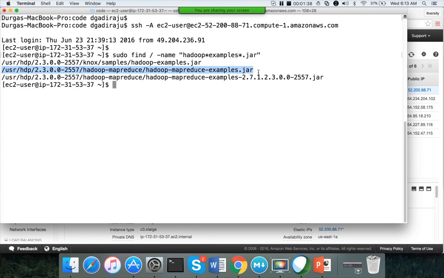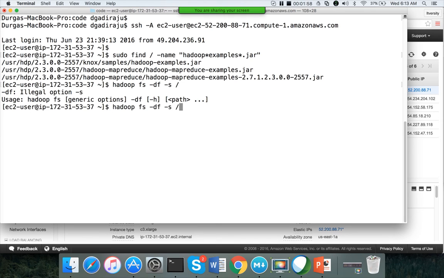So here, let me see the capacity before running the command, df -s. So df is the command which will give us the free space on the cluster. So it has pretty much everything. Only 6.3 gigabytes is used. We have 120 gigabytes of storage in this. So we'll be running this one